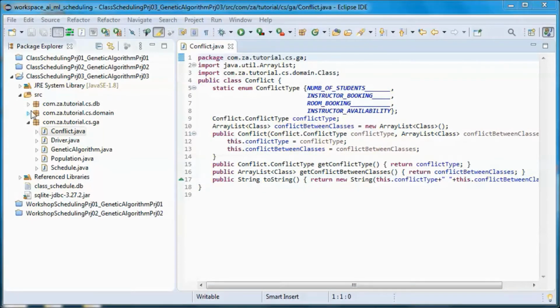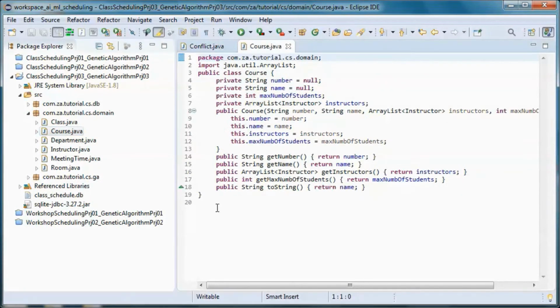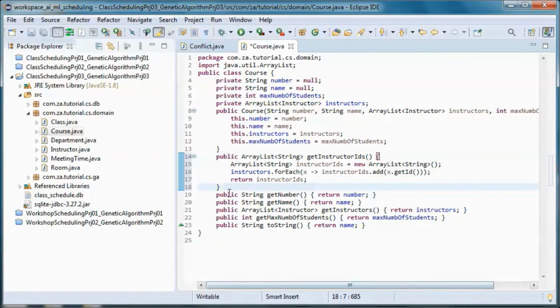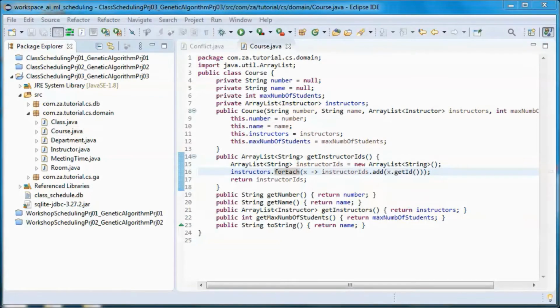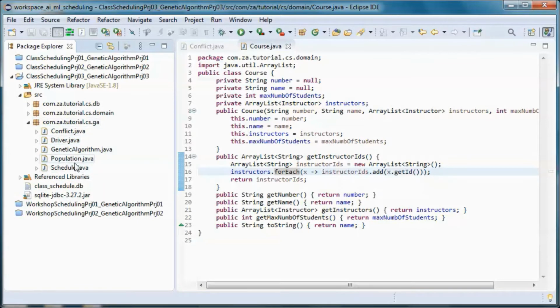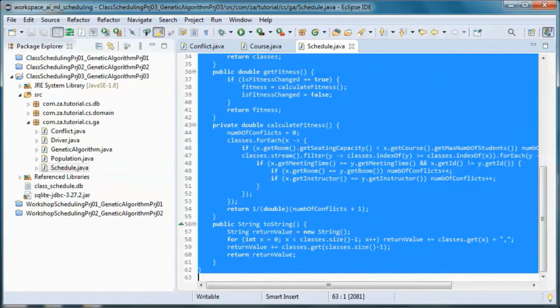And let's go here and add this method. So instead of returning the instructors, it is returning their IDs in an array list. And now let's go ahead and update this schedule class to make use of the new conflict class.